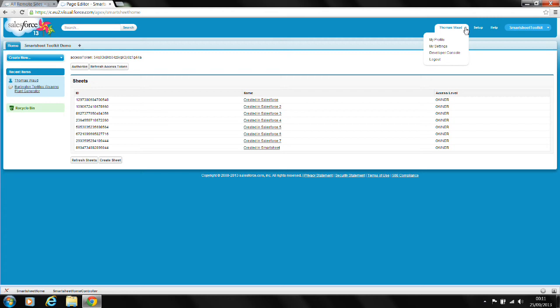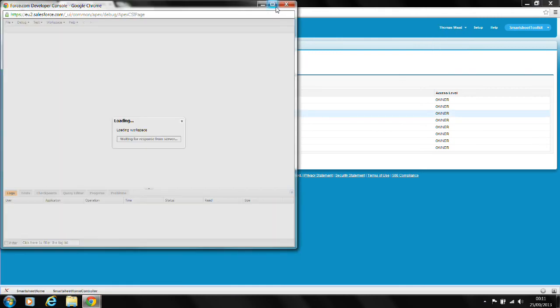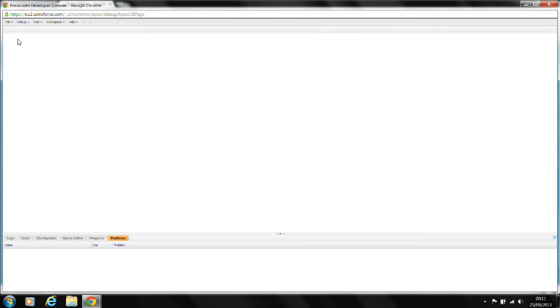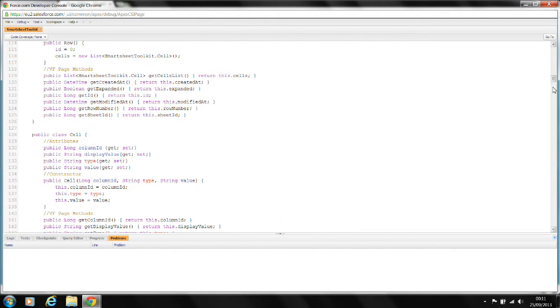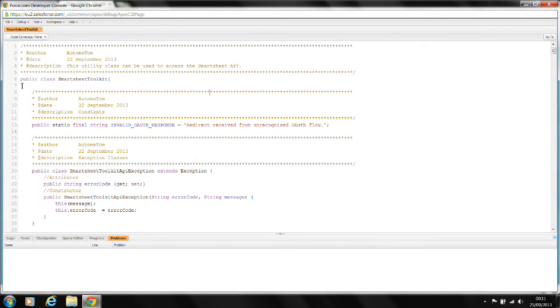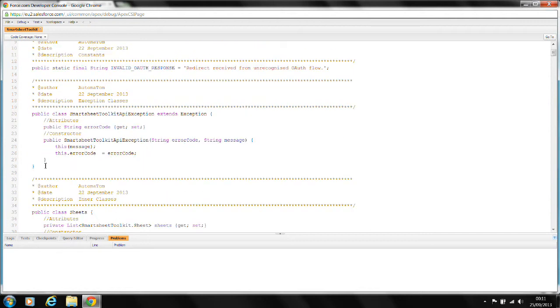Let's go to Developer Console and check out some of the code that sits behind this. It's already open. Okay, so let's go to the top here. This is a utility class that basically does all the interactions with the Smartsheet API. There's a bit of setup at the top, so we've got a constant string. We've got an exception class that's used throughout